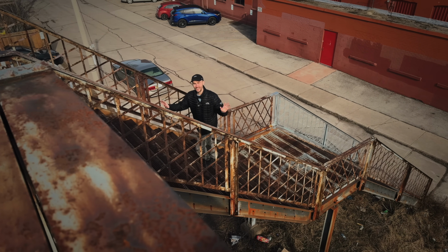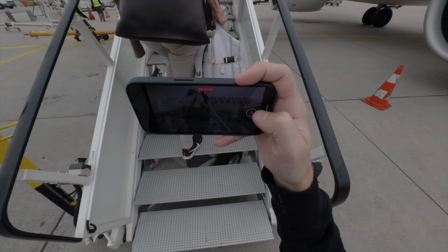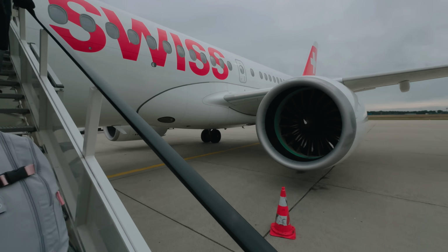Up next is a camera that was released in the last year, but almost certainly needs no introduction. It's the iPhone 15 Pro, and with its 10-bit 422 ProRes internal codec, the image quality is so